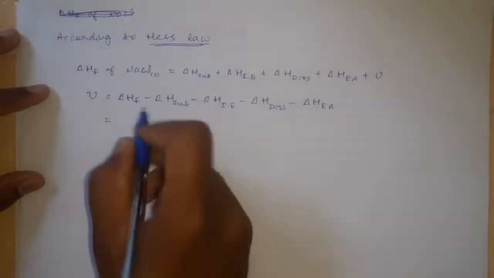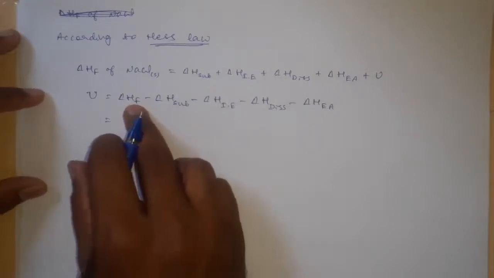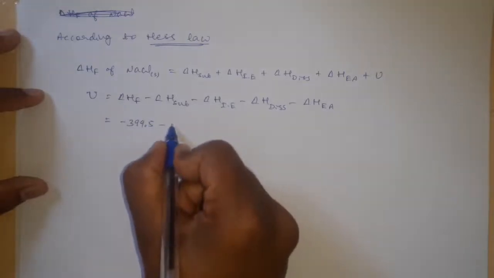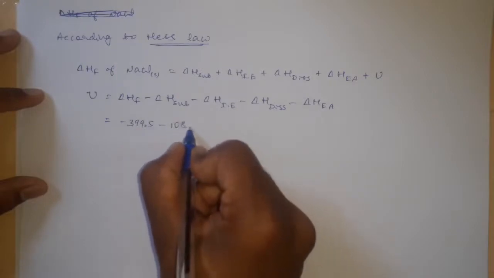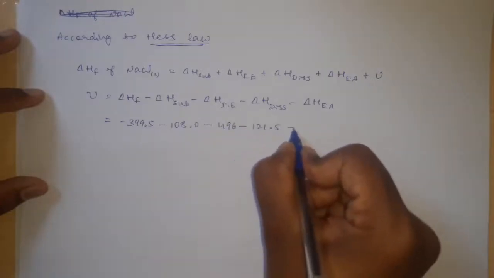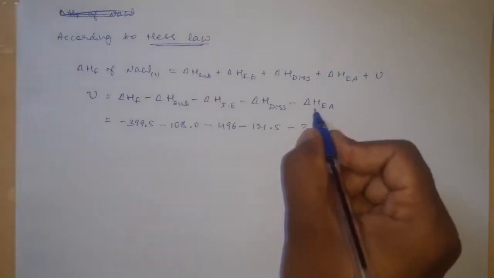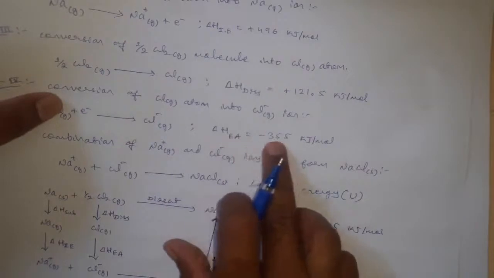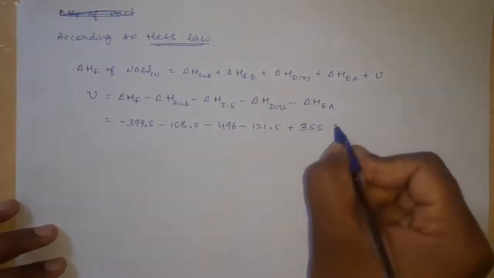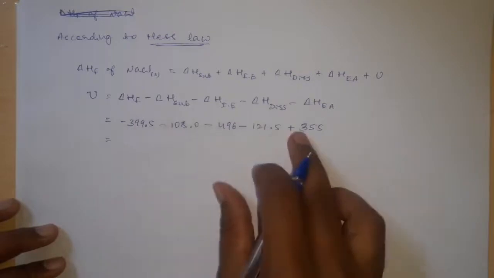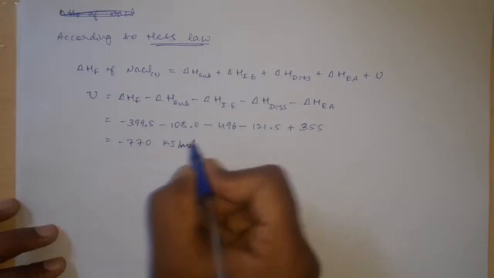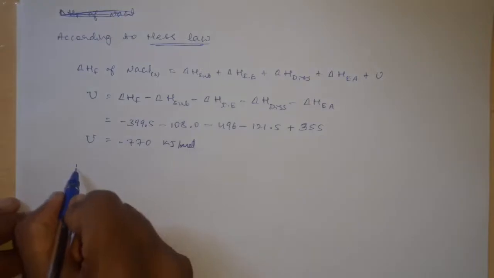Then we know all the values for this NaCl crystal. Delta H formation is minus 399.5. Sublimation is plus 108, but here a minus sign is there, therefore it becomes minus 108, minus 496, minus 121.5, minus minus. Here electron affinity is negative in sign, so negative into negative becomes positive, and its value is 355. Then on all addition and subtraction we get 770 kilojoule per mole. This is the lattice energy